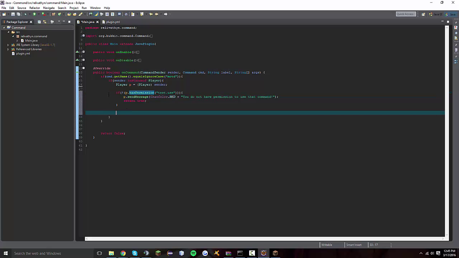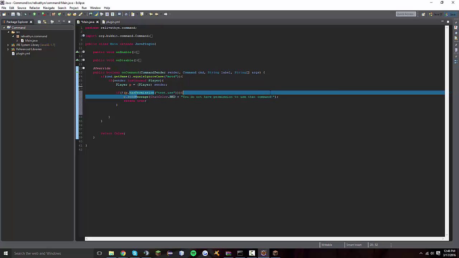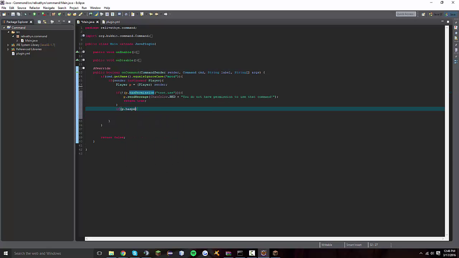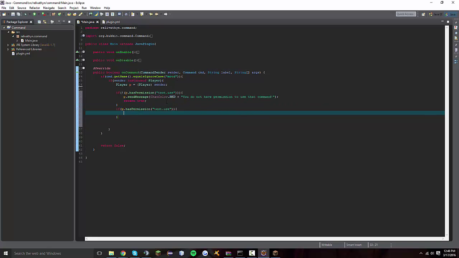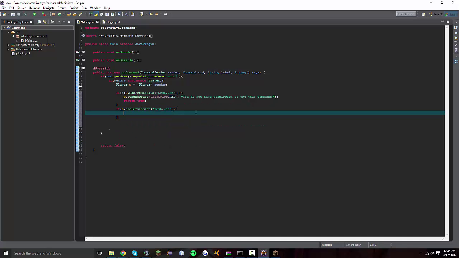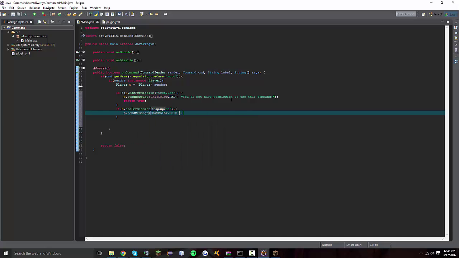So basically what this is going to do is, if the command is MOTD, and if they are a player, it will check if they have the permission, and if they do not have this permission, test.use, it will send them a message saying you do not have permission to use that command. So then we're going to want to do if p.hasPermission, test.use. So now we're checking if they don't, and that's already done. And then inside these two brackets is where, if they have permission, this is what's going to be called. And we're just going to do p.sendMessage, ChatColor.GOLD,